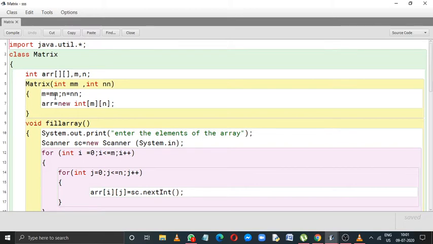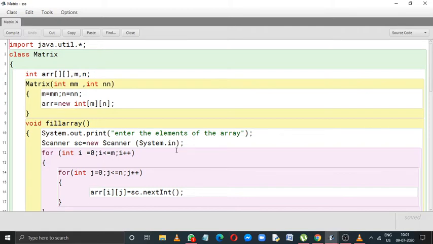Based on the concept of global variables, if we create a class variable, as all of you know, whenever we create an object of the class, each object will have a separate copy of all the class variables.